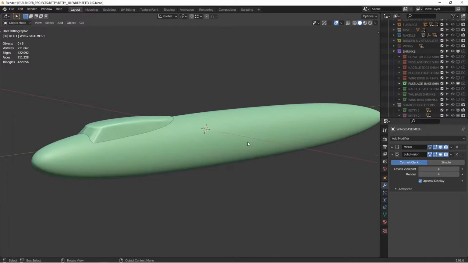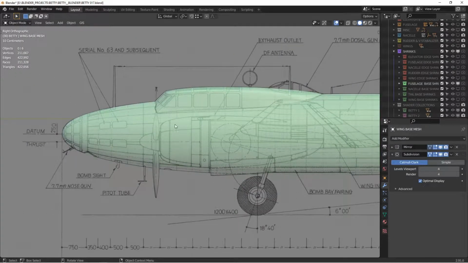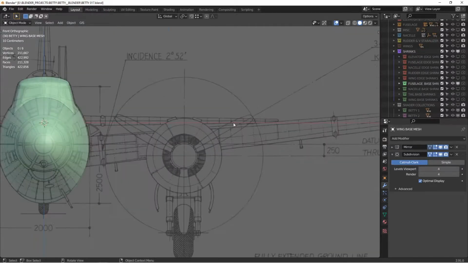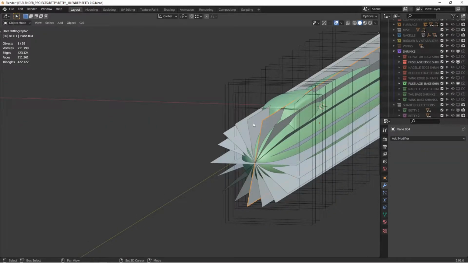If we look from the side of the fuselage, you can see the panel lines in the aircraft are very long and flowing. They go all the way down. They're almost like planks on a ship. And then they're periodically broken up with some vertical pieces. From the front, those long flowing lines are actually straight. So if I turn back on my fuselage edge shrink and select a couple of these,